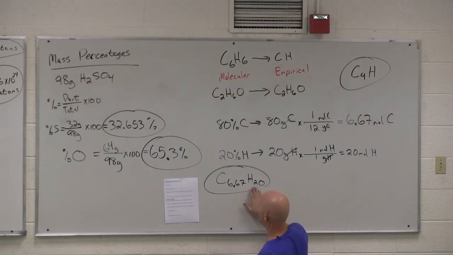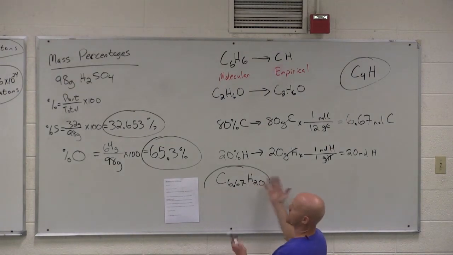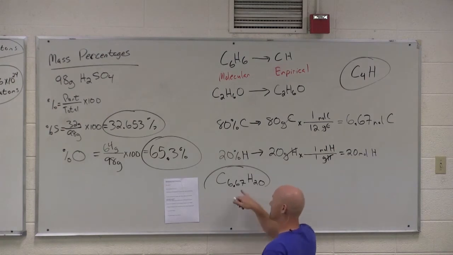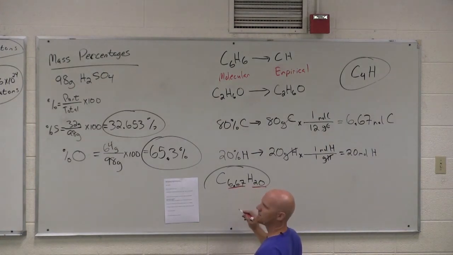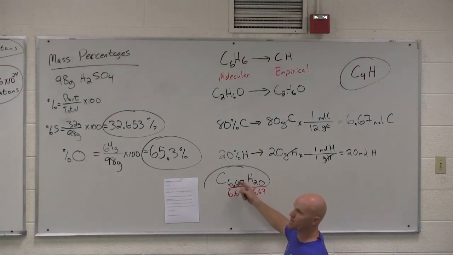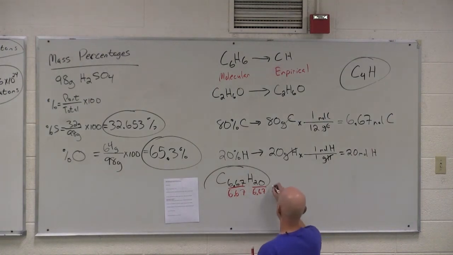Cool, you're right, you can't have decimals. And this answer choice may or may not show up in your multiple choice test, but this is still incorrect regardless. How do I make sure I get whole numbers here? LCD, I would say. You can just divide it by 6.67. Good, divide it by whichever number is smallest. So we'll divide both these by 6.67, because this guarantees that I get at least one whole number, a number 1. And in this case, I get C1H